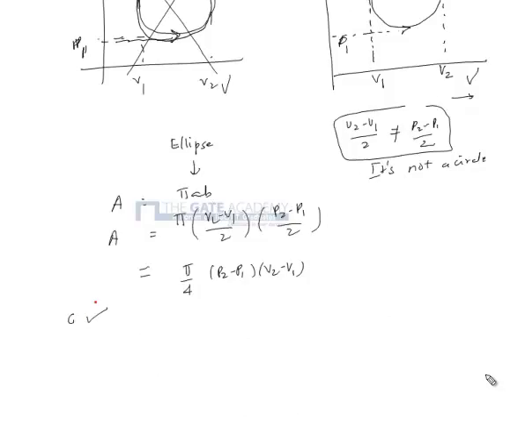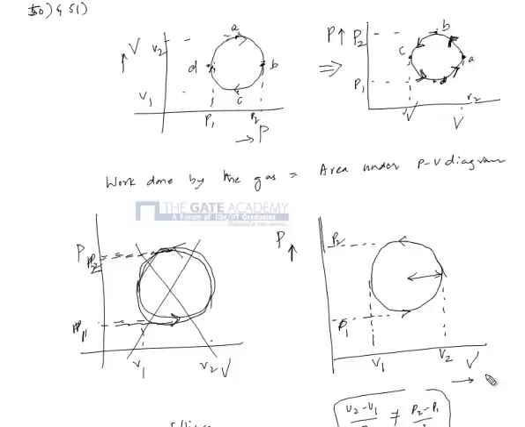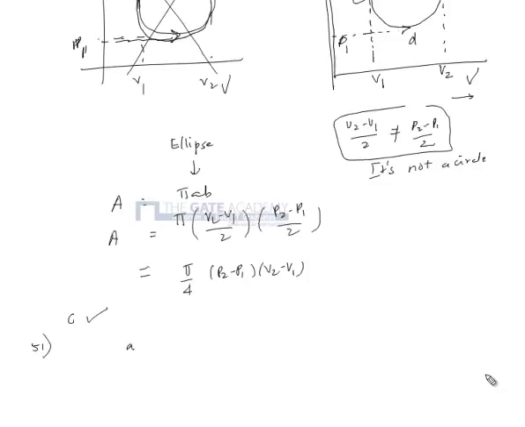Okay, so now let's look at the 51st bit. The 51st bit asks whether work is done by the gas or work is done on the gas. So let's come back to this PV diagram. Mark this point as A, this point as B, this point as C, and this point as D. Now if I consider the process A, B, C,